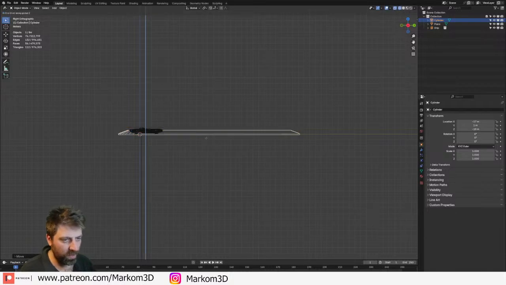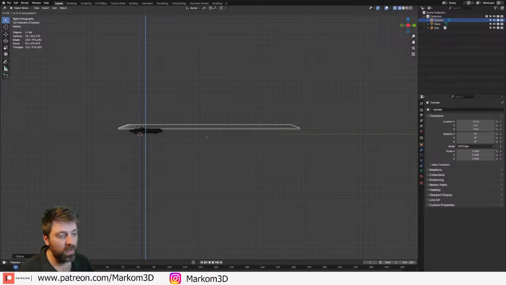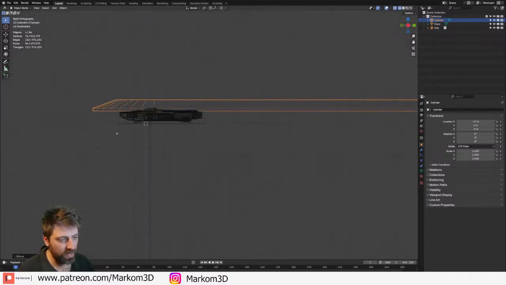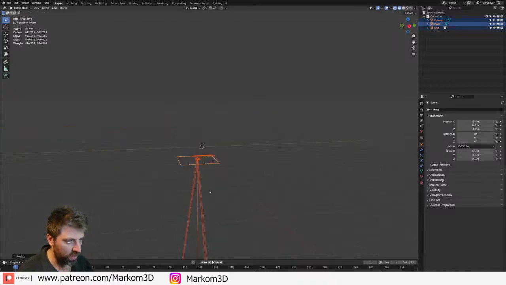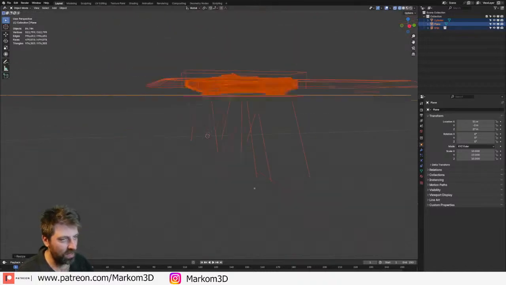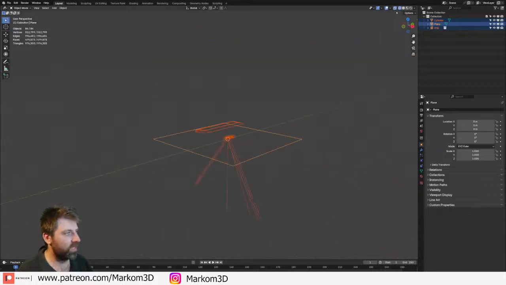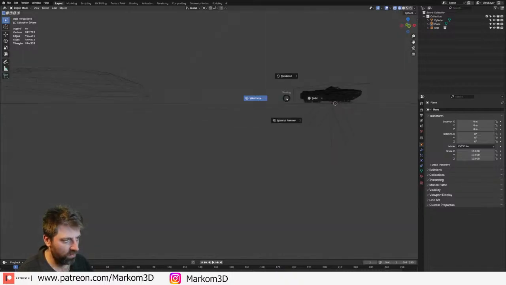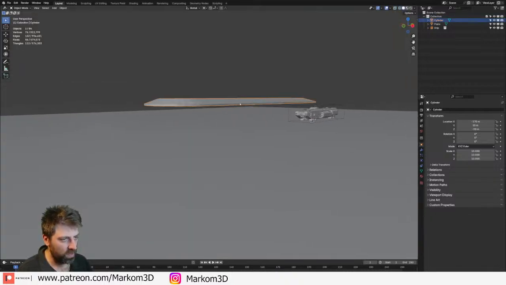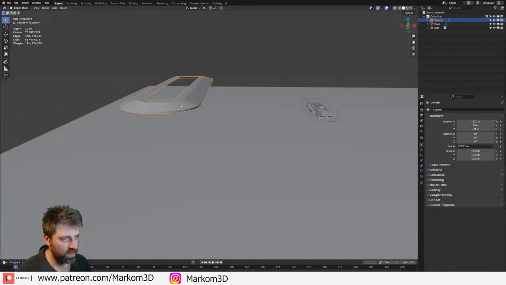And then let's go, if I go GZ1, I think that is 10 meters high. Because when we do a scale 0.1, scale 10, this is the get stuff size. Individual origins. No, let's go from 3D cursor. That'll be roughly the size. This seems stupid low, but it's not.